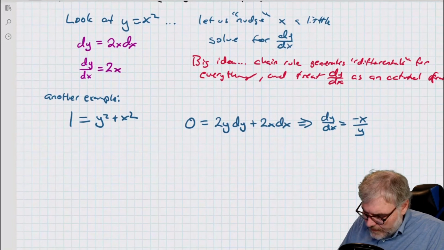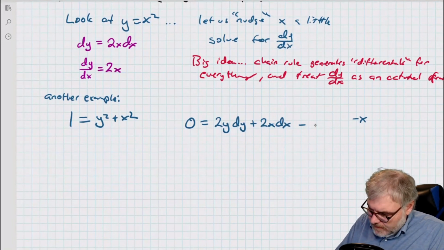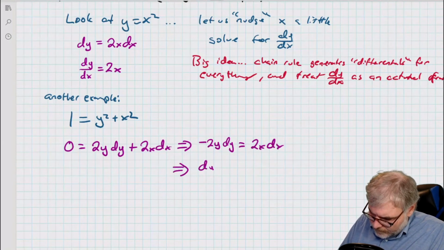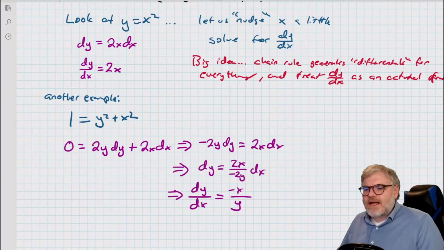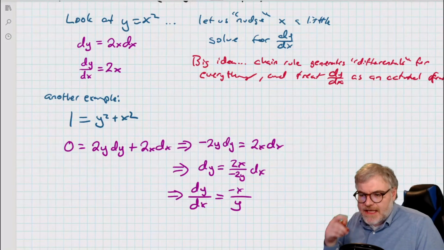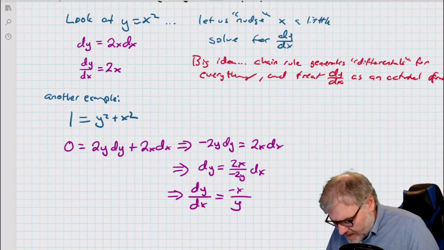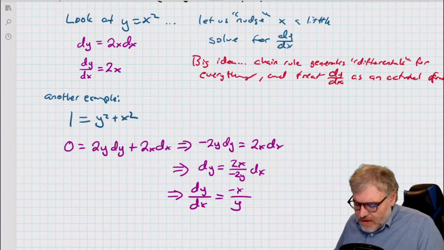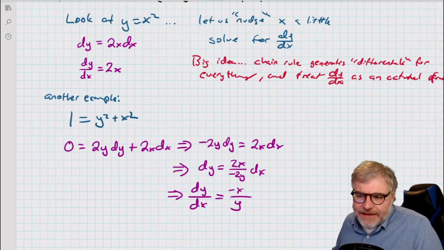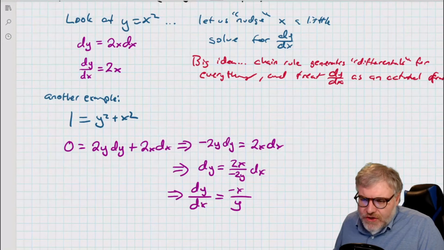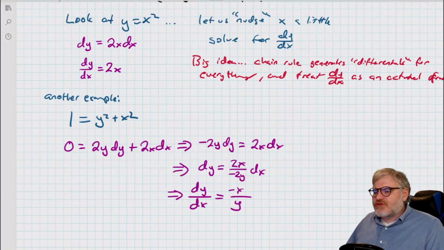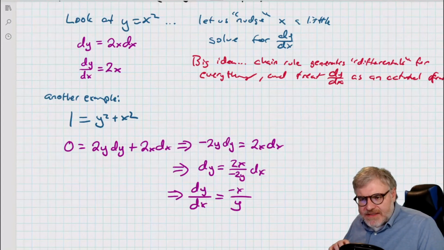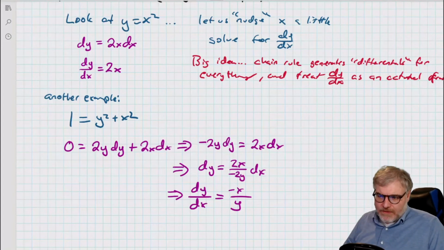Okay, here's another example. I've got 1 equals y squared plus x squared. So what I did was I just implicitly differentiated, and every time I took a derivative, I just left a little dy or a little dx, depending on whatever I was differentiating with. So I just keep doing the chain rule in line. And then you solve for dy over dx. That's a neat trick. It's also going to give us a nice intuitive approach to approaching